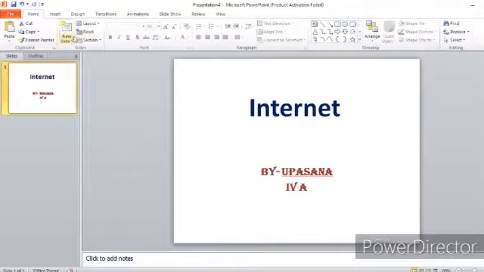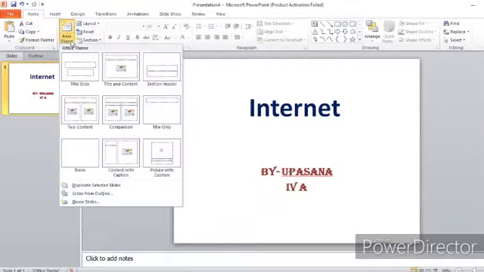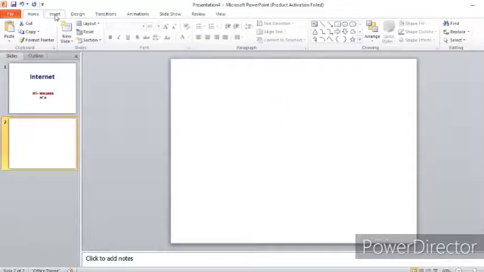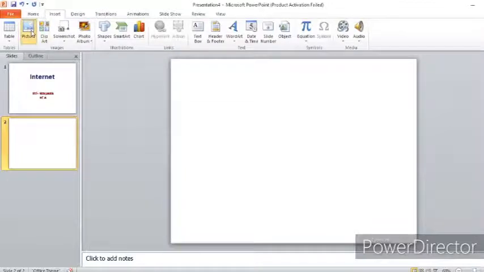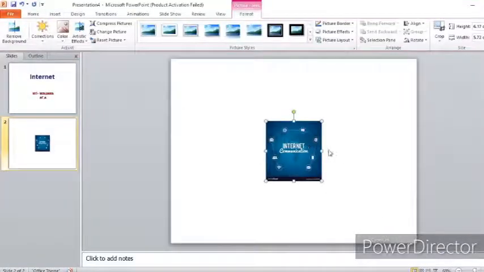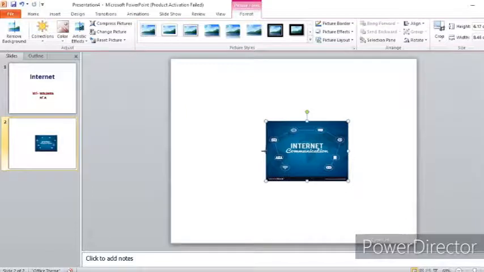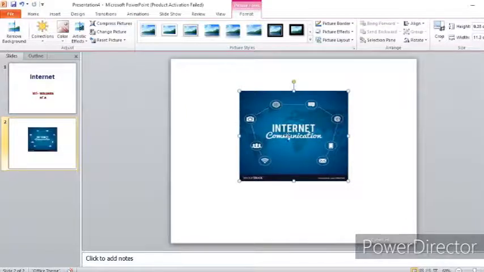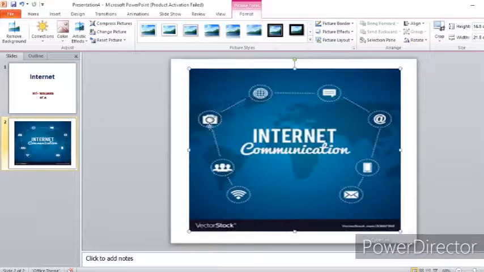For the next slide, you just go to New Slide written in the Home section. When you click the new slide, you can get many types of slides here. So these are the samples of slides, whichever type of slide you want. I want a picture slide here. Then I am taking the blank, and from here I go to Insert and then Picture. When I am here and I select the internet picture, I simply click it and go to Insert. So here I can insert the picture. You can change the size of your picture like this. Okay, this is the second slide.